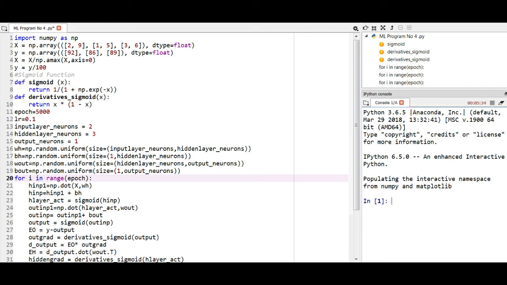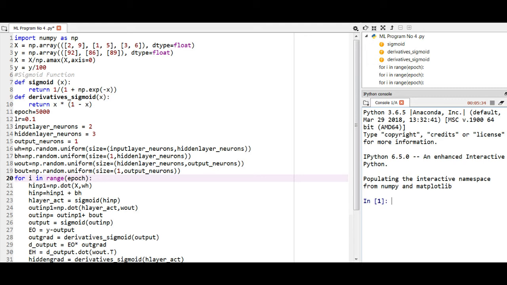Using NumPy, mathematical and logical operations on arrays can be performed. We have written import numpy as np. Here, np will act as alias name.